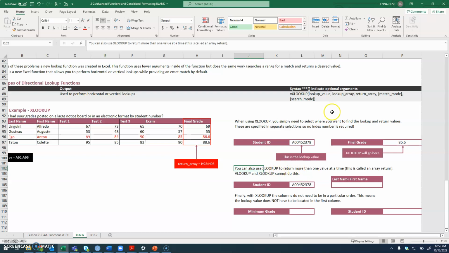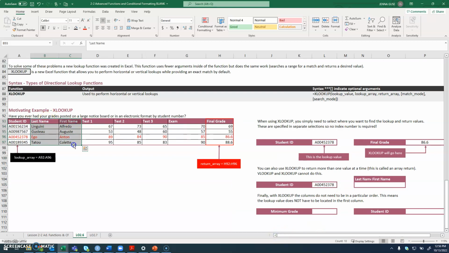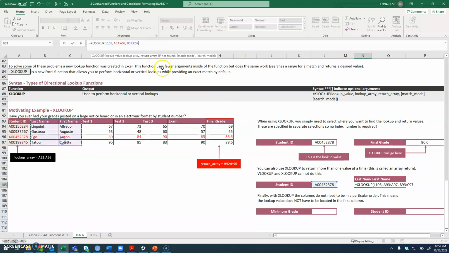Another great thing about XLOOKUP is it can actually return more than one value at a time. VLOOKUP and HLOOKUP cannot do this. So for example, if I have this student ID again, and I wanted to return both their last and first name to get their full name, I can start right here with XLOOKUP, select my lookup value, which is the student ID. Where do I find the student ID is what comes next. Here is where the student IDs are located. And if I want 2 things back, first name and last name, I just select both of those columns. Notice that we're not just in column B, it's B all the way to C. Press enter and I get returned values that were located in both columns B and C, the full name,